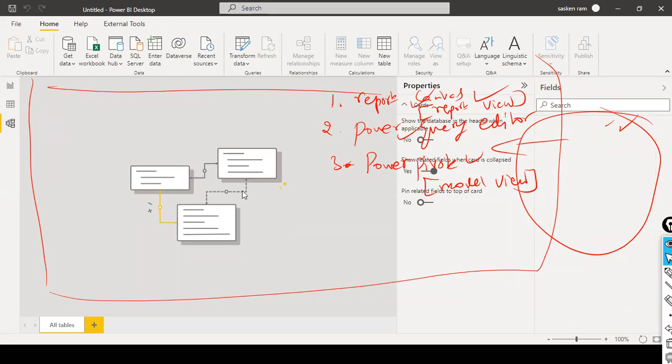This is the table, all the tables. We create the relationship between the tables, so this table and this table, we create a relationship. The line, the link between these two tables is called a relationship. This is where we do the data model design using Power Pivot. This one we will take a deep dive into at a later point in time. The first one is the report canvas, the second one is Power Pivot, and the third one is the Power